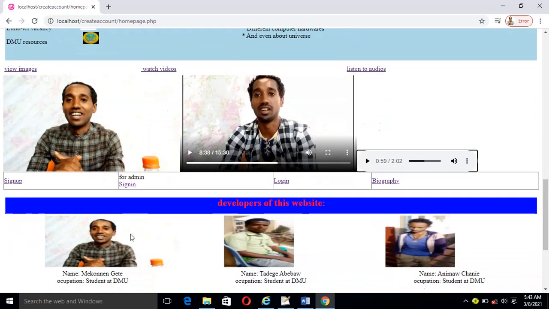Next to that, guys, there are so many links below that: sign up, sign in, login, and biography. These are the back end or the server side links. By the way, if a text is a link or a hyperlink, the pointer arrow will turn into a little hand like this, and the link will be displayed on the left bottom corner.